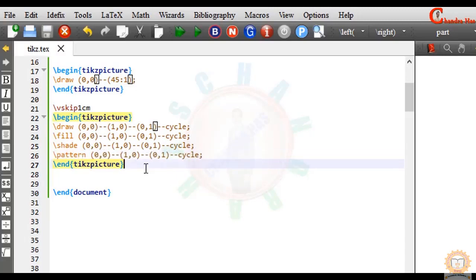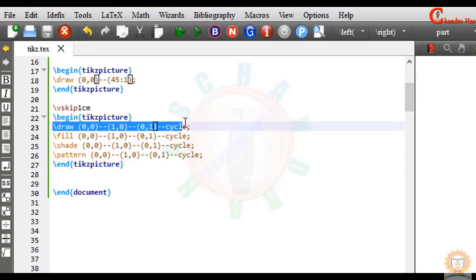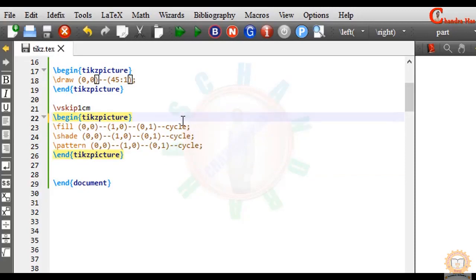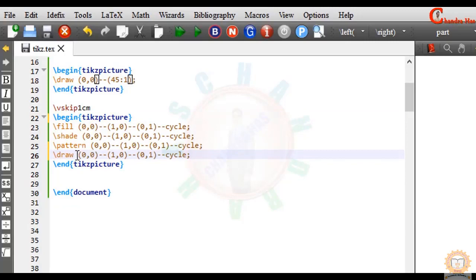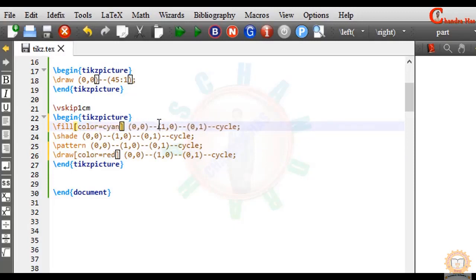As we have discussed in the last tutorial that we should always use draw path command after fill and shade path commands. Okay. For draw I want to use red color, fill equals to cyan. Compile this file.